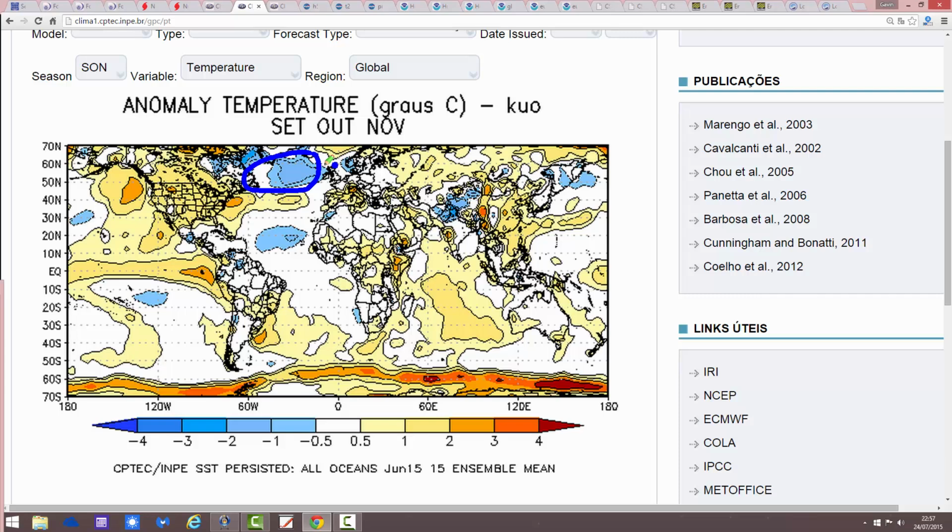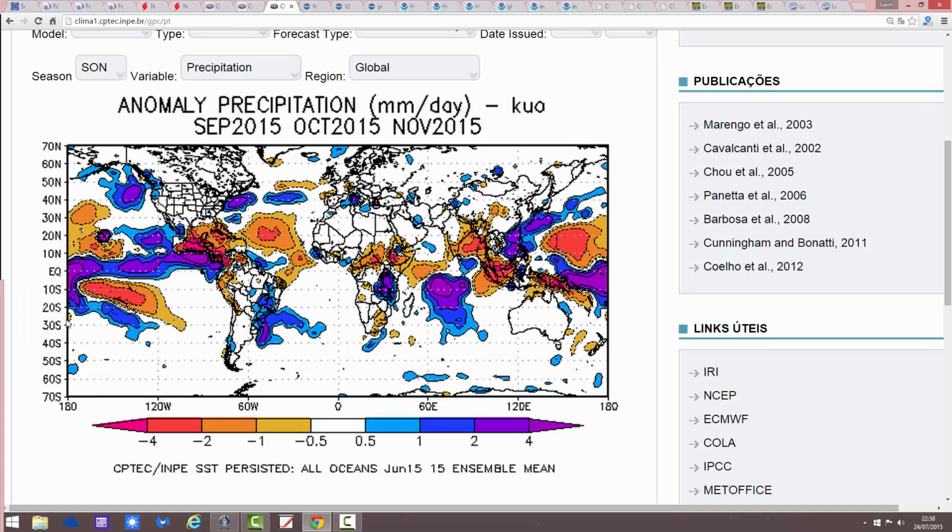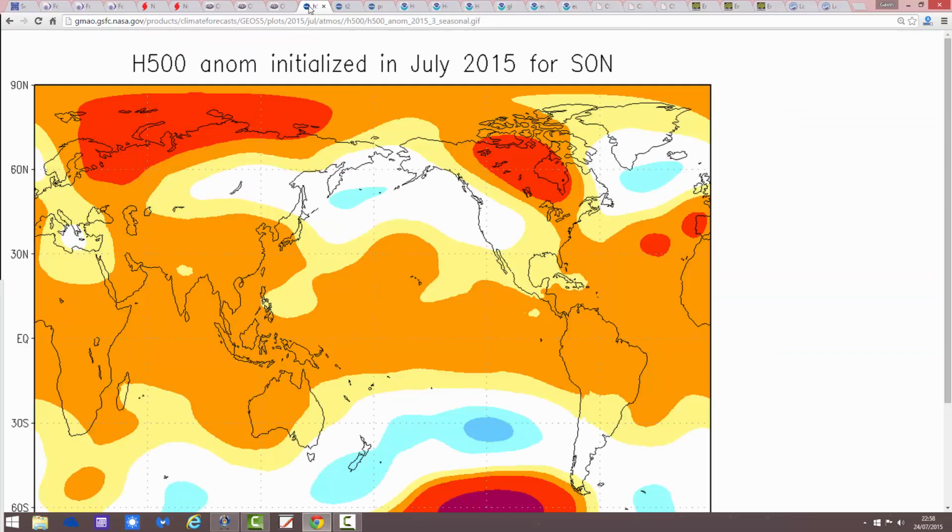Anyway, the temperature anomaly from the Brazilian model is coming out near normal, and the rainfall anomaly, not surprising really, is coming out, hinting anyway, at being a little bit drier than average. So average to drier than average rainfall and near normal temperatures, the idea from the Brazilian model, with quite a bit of high pressure influences. We're going to have a look at the products from America next, starting off with the